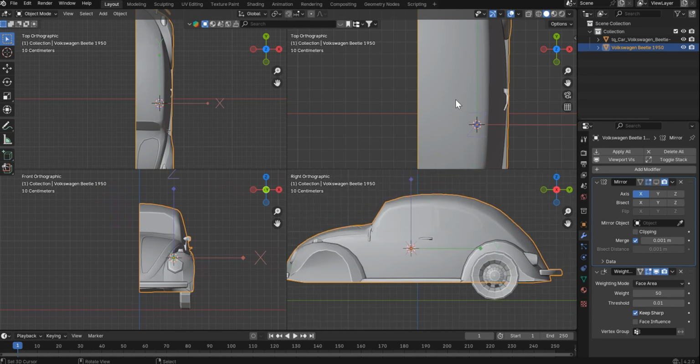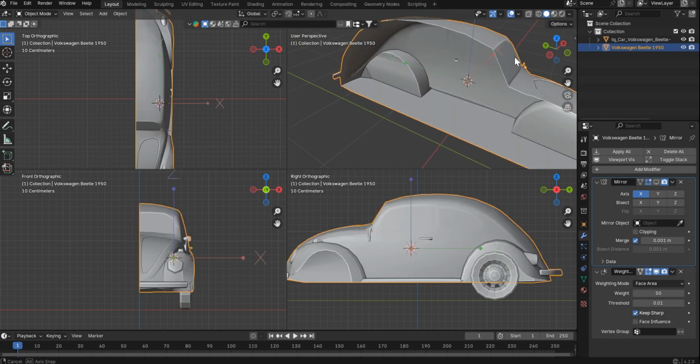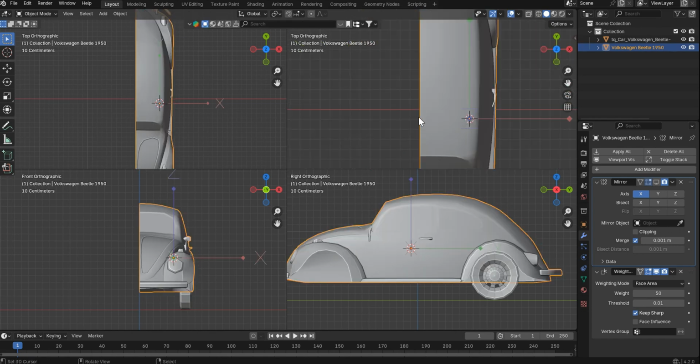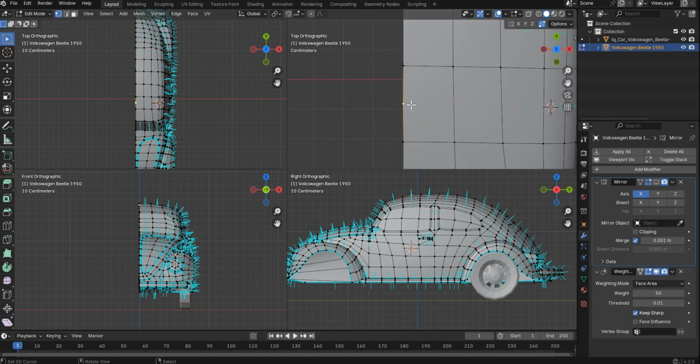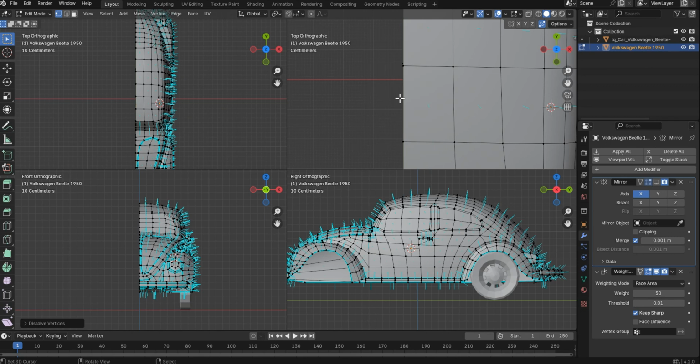So that kind of works out. So over here with the origin, let's see, where does that end up? Right about here. So I'm going to select a face here, and in my previous testing I already have that there. So let's dissolve that vertice,